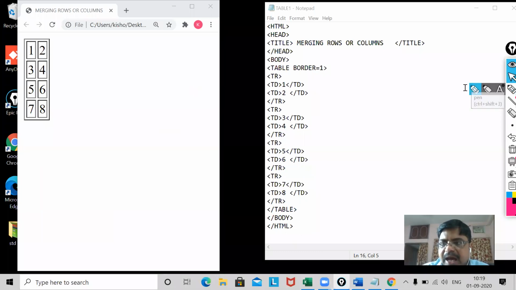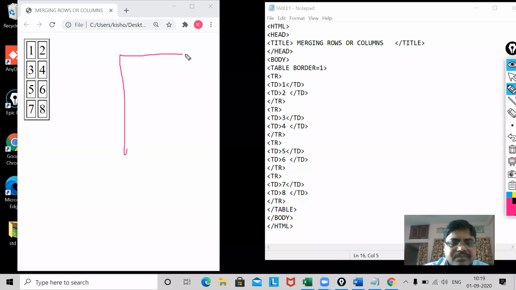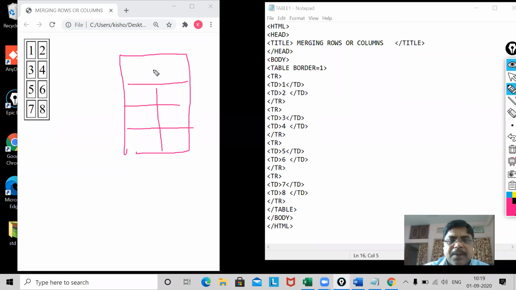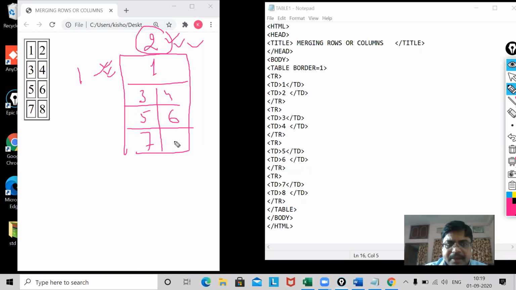I want my table should be shown like this way, my dear, in which my first row will have the merger of 2 columns. First row will have the merger of 2 columns. Now I will show you. Let me write it. In this fashion, I want my output.